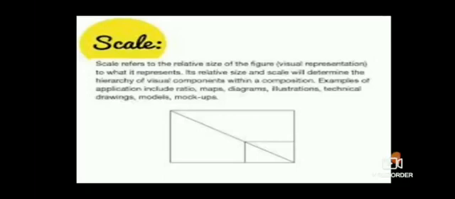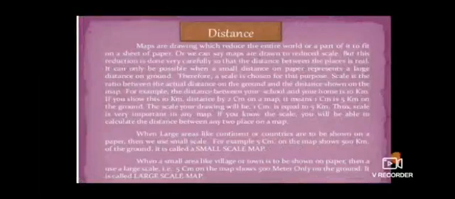It can also be stated in another way as a ratio such as 1:50,000. It means that one unit on a map represents 50,000 of the same units on the surface of the earth. Next is distance. Every small unit on a map represents some distance on actual ground. So we use a scale to correctly represent the surface of earth on a map.